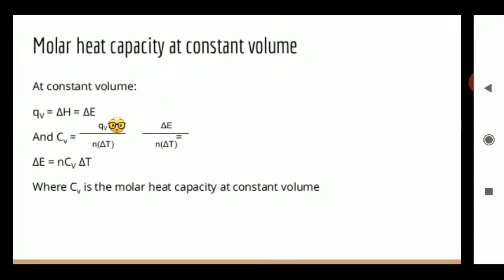You know, according to the first law of thermodynamics, Q is equal to delta U plus P into delta V. Whenever the volume is taken as constant, delta V becomes 0, and at that time P into delta V is taken as 0, and this Qv becomes equal to delta U, or you can say delta E. Delta U or delta E is the internal energy change of the system. So what will you conclude here?